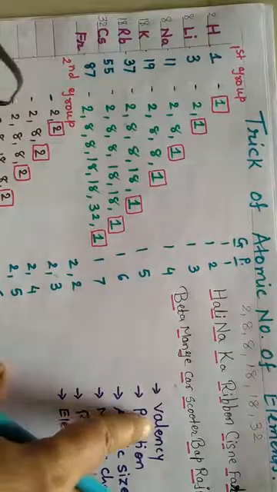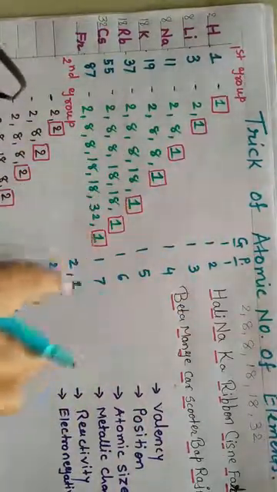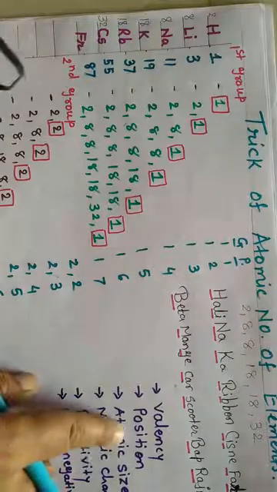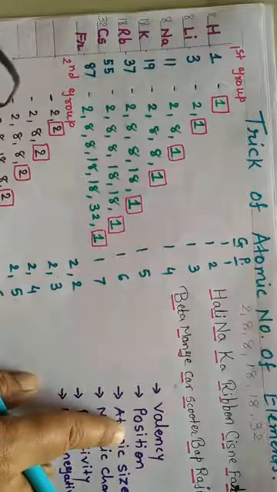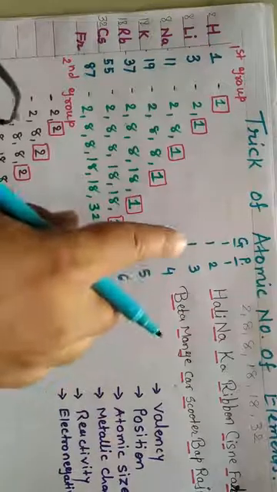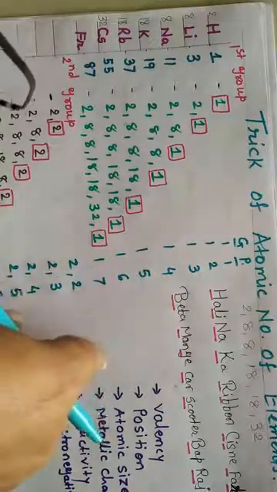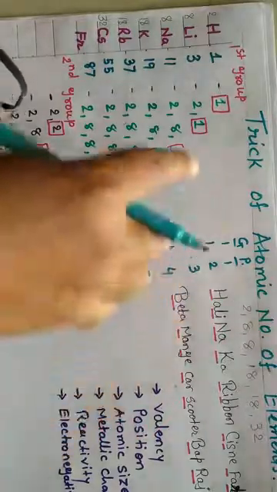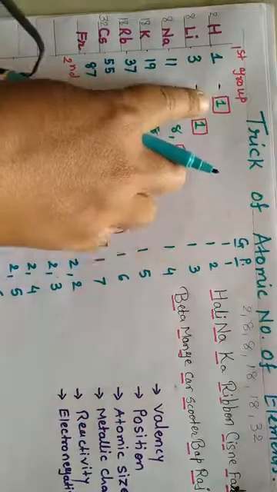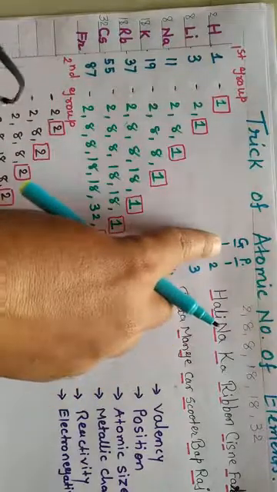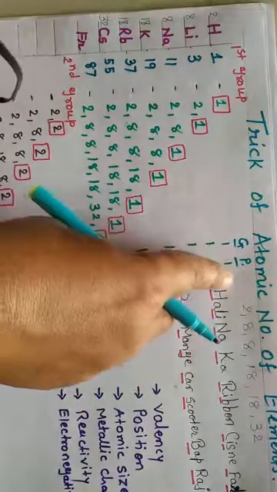That means the first property, valency. So in the first group, all the elements always have valency 1. Then the position. How can we find the position? The number of valence electrons becomes the group and the number of orbits is the period. So for the first element, only number 1. So first group, first period. Group is the column, and period is the row.